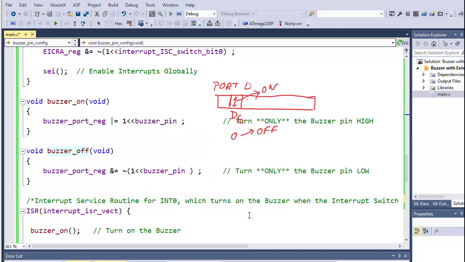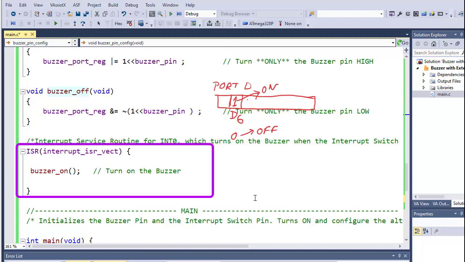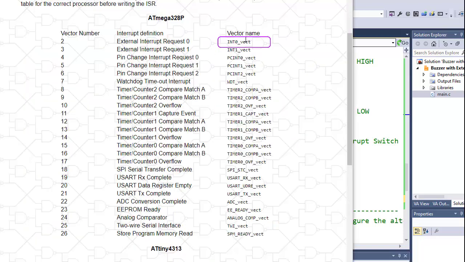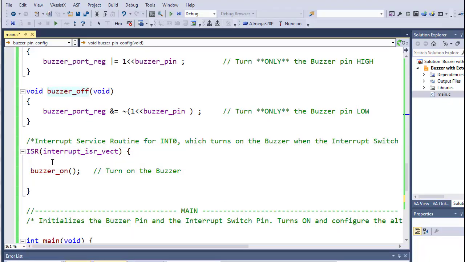In the interrupt service routine, I need to execute the buzzer on operation. See here, this is the interrupt service routine. The way to write the interrupt service routine is ISR, inside the parenthesis INT0_vect. This is the vector name, INT0_vect. Here I have written ISR(interrupt_ISR_vect).